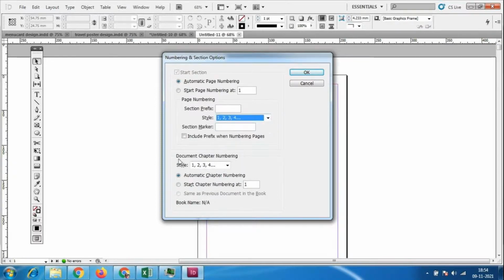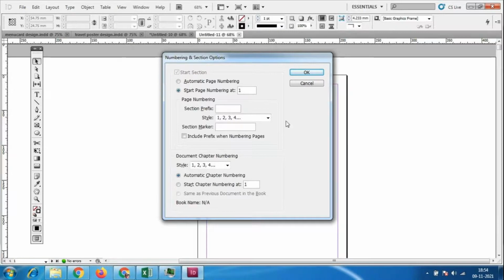For document chapter numbering, here we have an option of style. Both are the same, so I'll select the same thing. Then automatic page numbering, start page numbering at 1. We have to start page numbering from 1 itself. You should not start with 0 or -1, something like that.